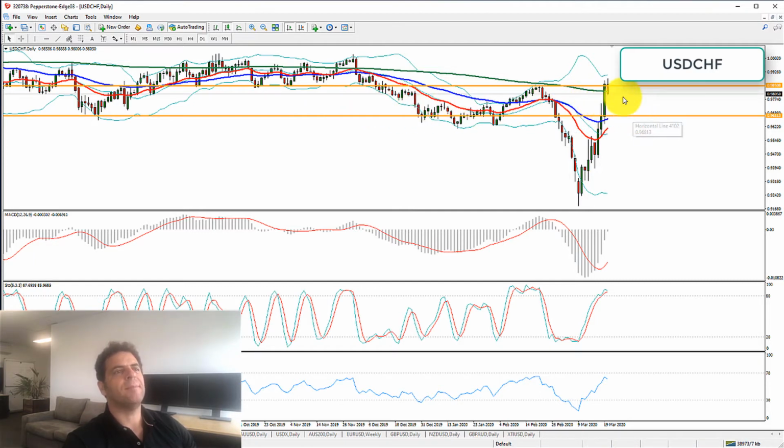If it comes back down here and tests that level, probably looking for long opportunities from that point onwards to test these highs again and potentially break through. But again, while the US dollar strength is still there, you wouldn't be making big long-term moves on this one. You'd be looking for those scalping opportunities. This one does give us a little bit more clarity and gives us a bit more resistance to work with,